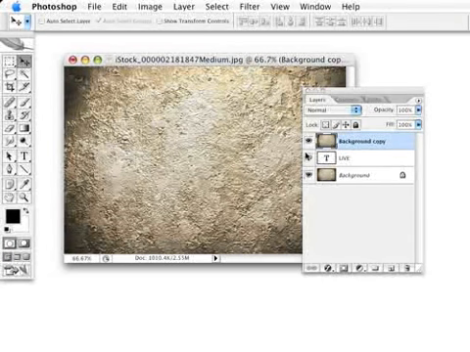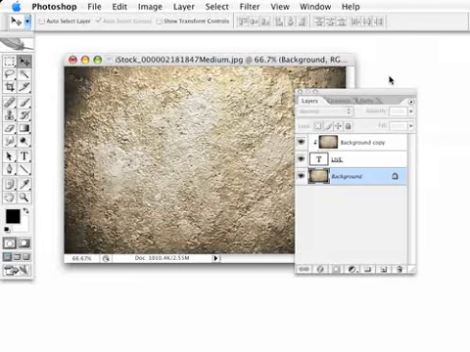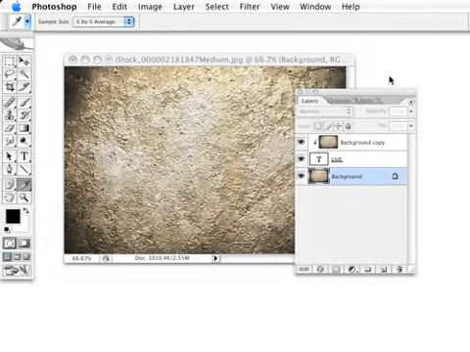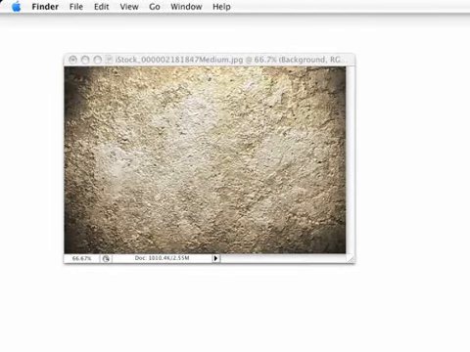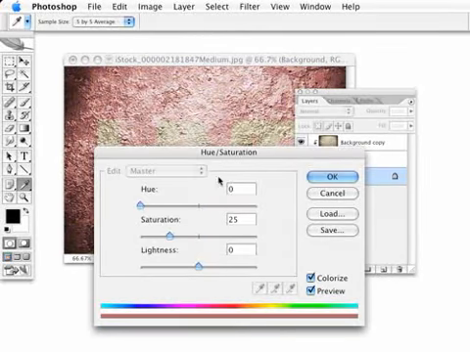We don't see it because it's, of course, sitting behind this texture layer. I'm going to simply activate that as a clipping group by holding down my Option or Alt key and clicking between those layers. And again, we're not seeing it because it's blending in with that background layer. Well, to fix that, I'm simply going to select that background layer, bring up my hue and saturation, Command or Control U, and let's change the color of that background. Let's click Colorize, and let's perhaps give it a kind of a blue color,